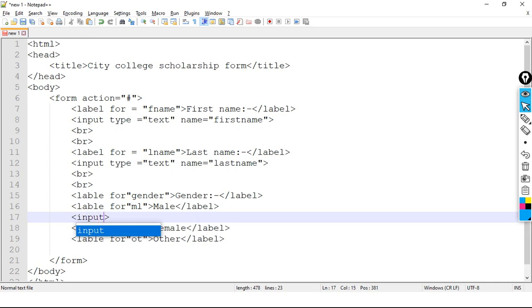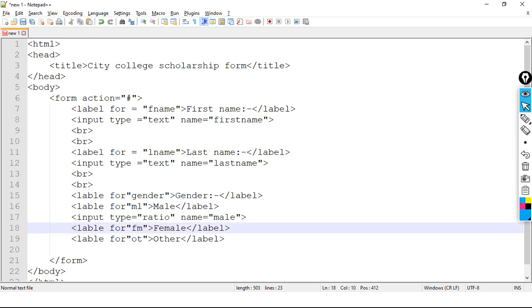For that, input type equals radio, name equals male.